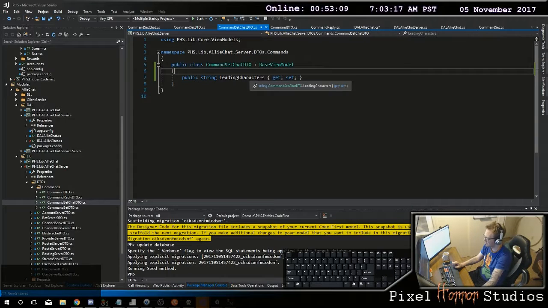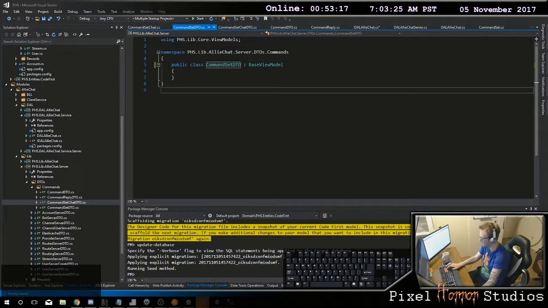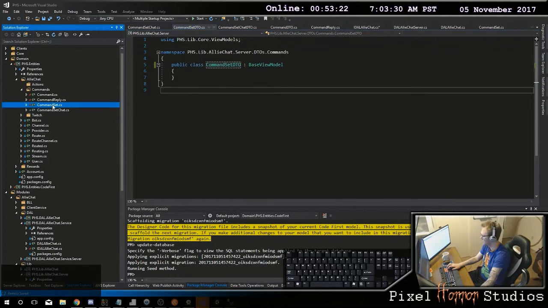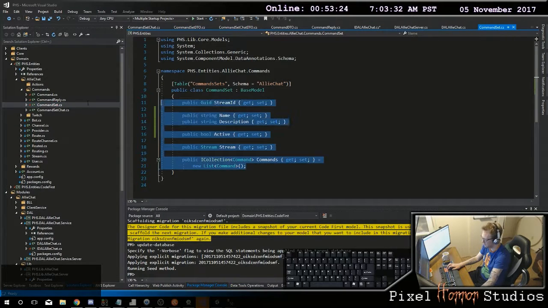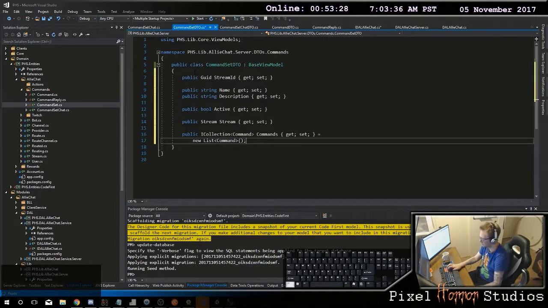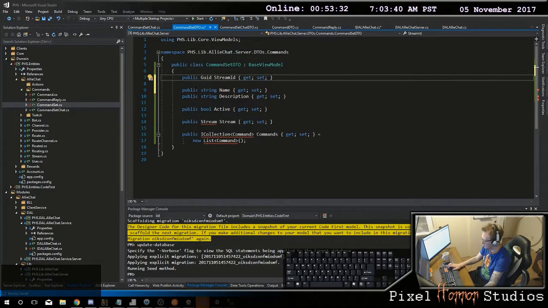Yeah, keyboard smash. Leading characters. This one's command set DTO, right? That one here goes to, so there's no stream ID on this. Actually,